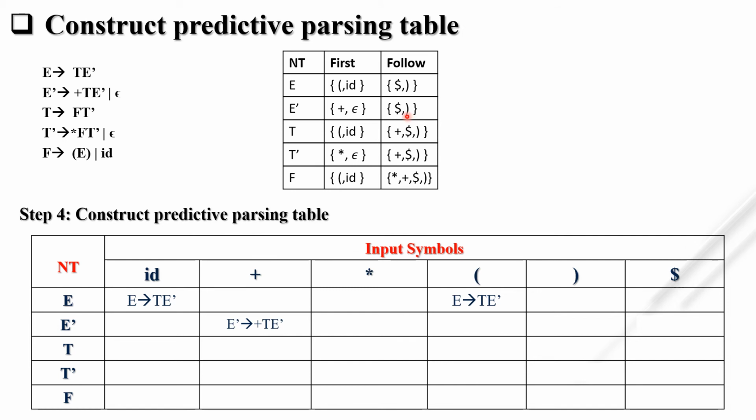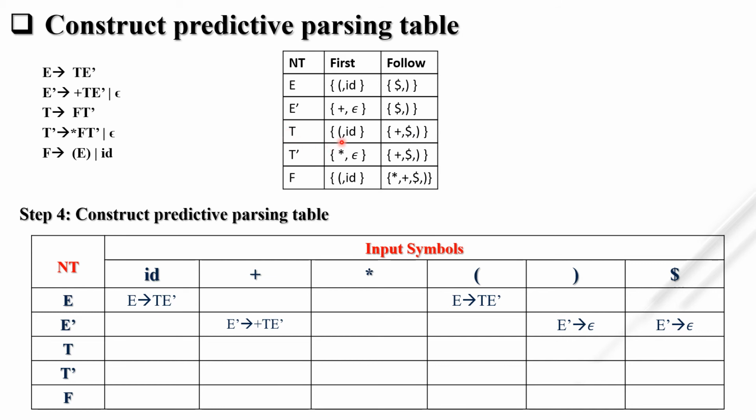ये इंपॉर्टेंट है, देख लेना। अब जब जब नल आएगा तब तब हमें सिर्फ फॉलो में जाना है, अदरवाइज हमें फॉलो में जाने की जरूरत नहीं पड़ेगी, हम यहाँ पे फॉलो में गए ही नहीं। सो E डैश को प्लस कहाँ से मिला, हमने यहाँ पे लिख दिया। अब जब भी फर्स्ट में नल आएगा, सो E डैश टेंड्स टू नल हमें लिखना है, डॉलर और क्लोजिंग ब्रैकेट में। ओके, यहाँ पे भी आएगा तो हम देखते हैं दोबारा। सो नेक्स्ट, here also null will not be there, so we are not going to consider the follow.